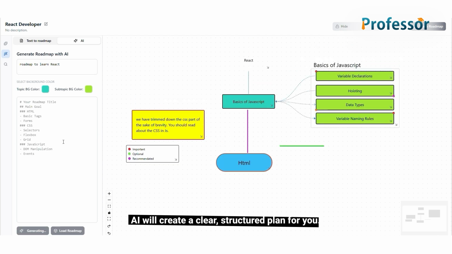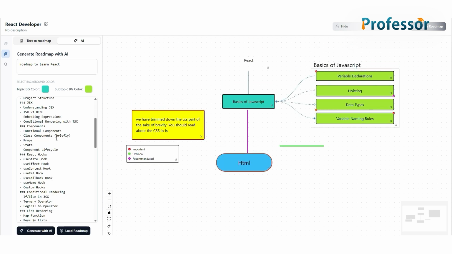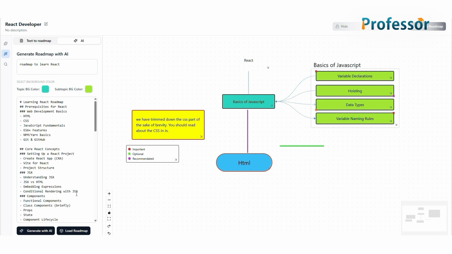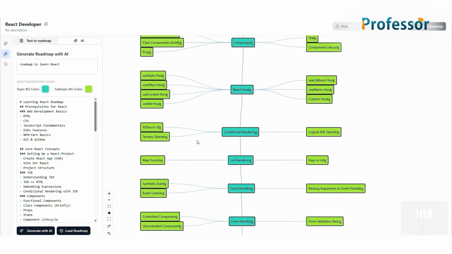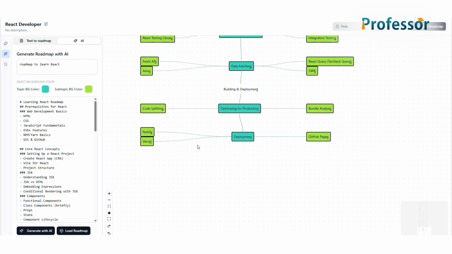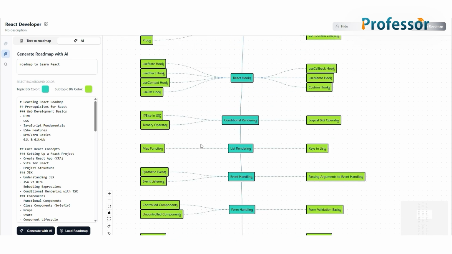for you. Once the milestones are generated, you can load them directly onto the canvas by clicking the Load Roadmap button, and your full roadmap will be ready to customize, saving time and giving you clarity on where to start